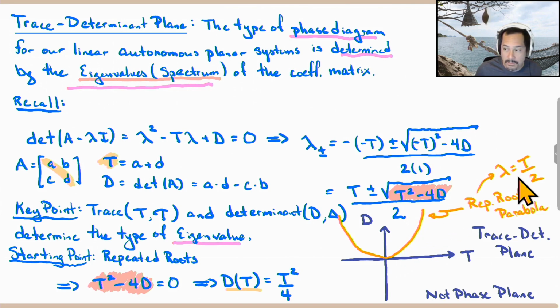Positive, right? But if trace is positive, tell me about lambda. Lambda is positive. So you know that lambda is repeated and lambda is positive. So what sort of phase diagram would you have if you were a trace and determinant value for your matrix that landed you right here? You would be a degenerate